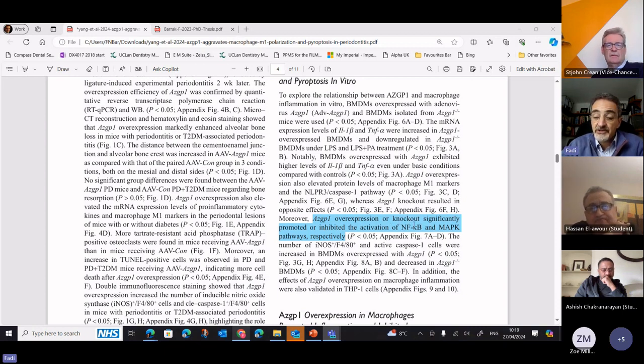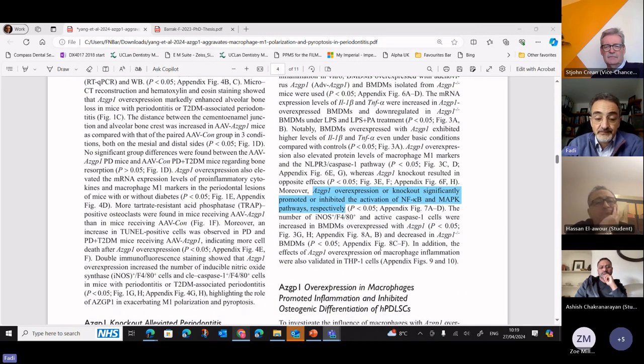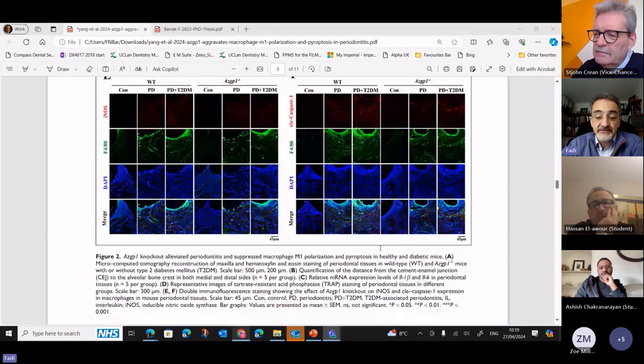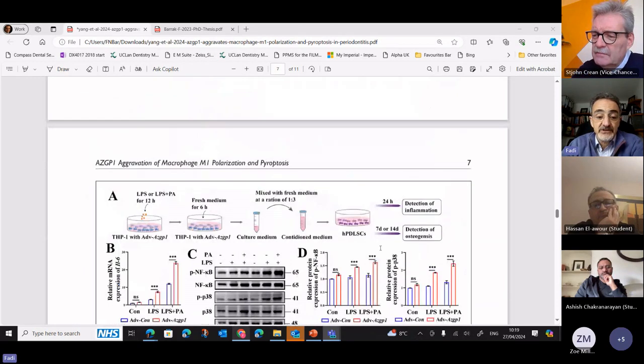If you remember that diagram I showed you earlier from my thesis, where the NF-κB gene produces the pro-inflammatory cytokines, right? This glycoprotein's overexpression increased its activation and its knockout significantly inhibited its activation. So we had less pro-inflammatory cytokines. So they checked the effect at genetic level. Next set of results